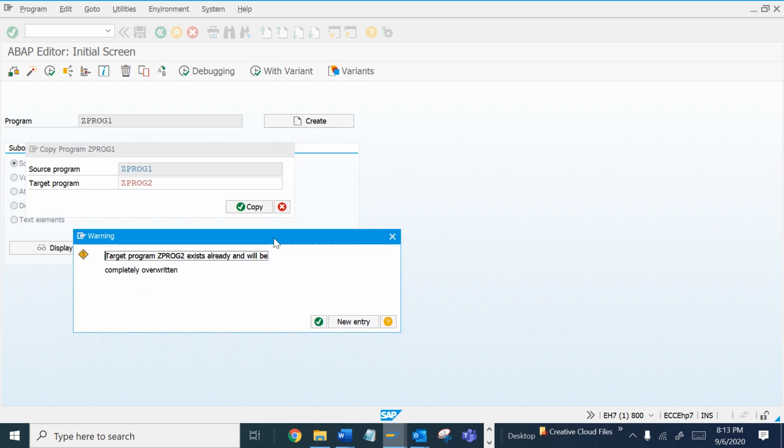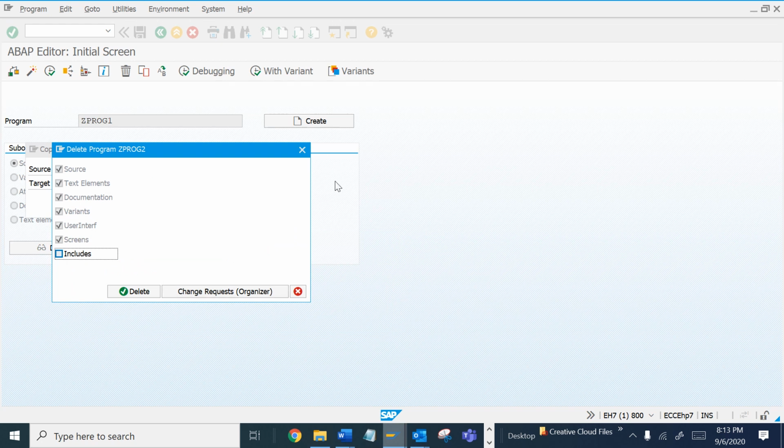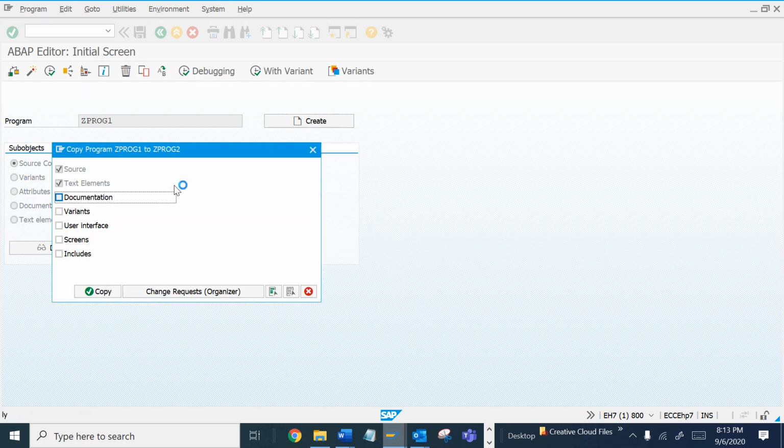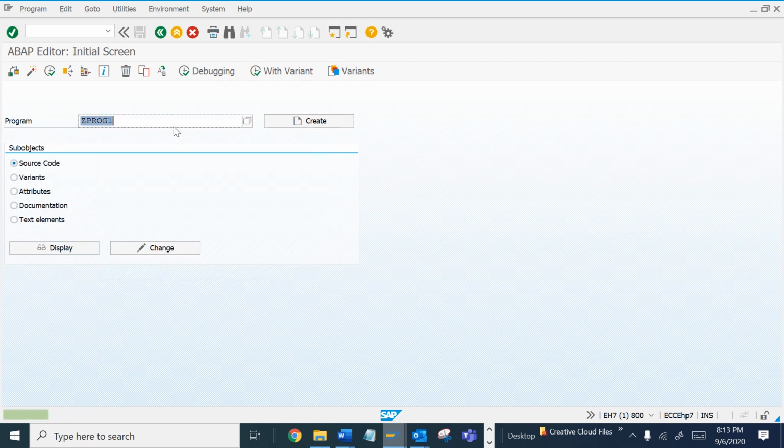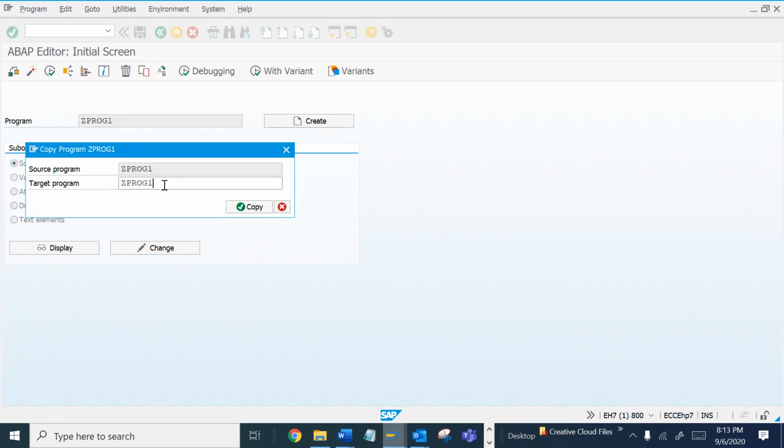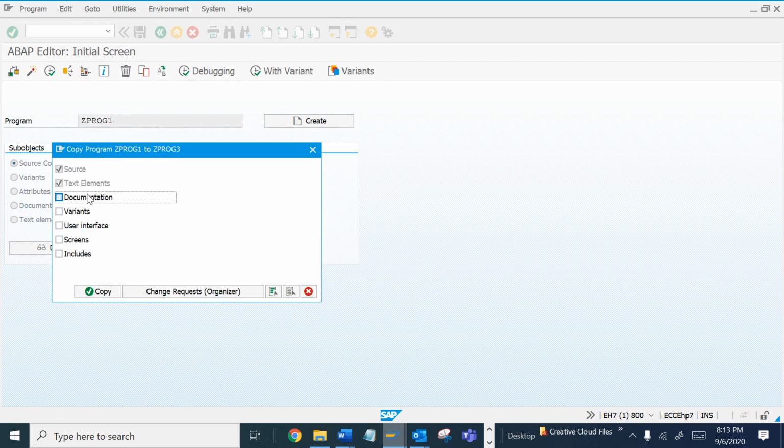It is saying the target program already exists. Okay, let me create another one. If it is already created, let me name it 3.